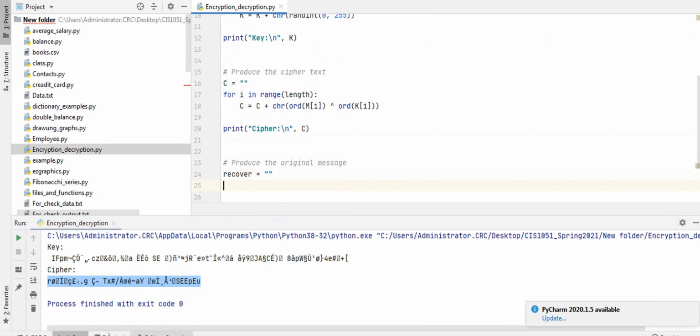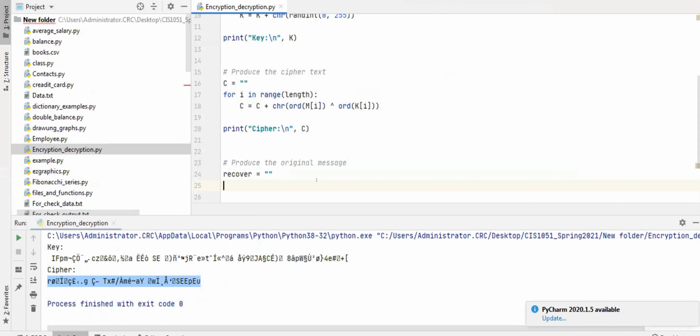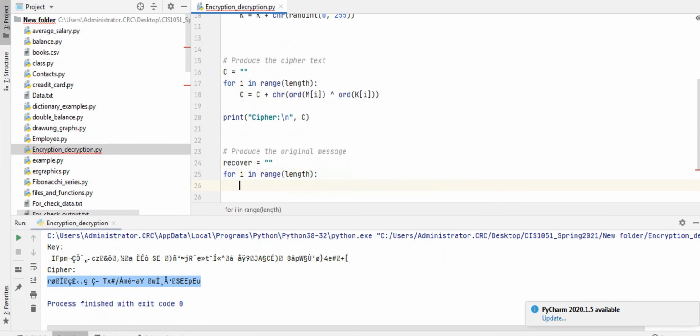As I have shown you, I need to do another level of XOR with the key to produce the recovered original text. So let's do that. For i in range of length, recover equals recover plus